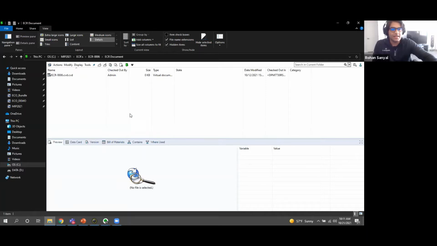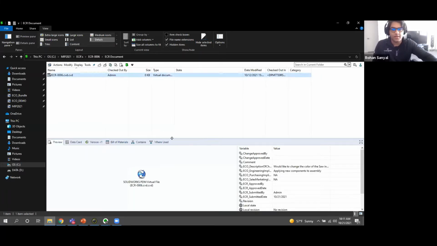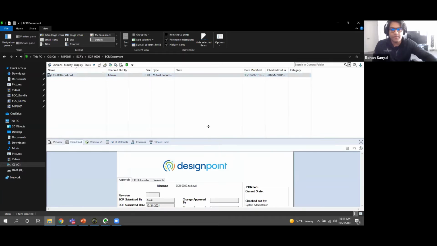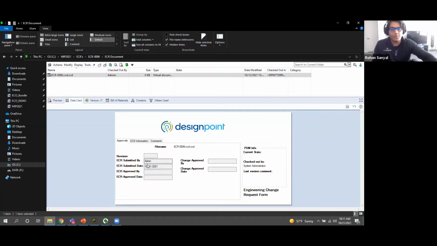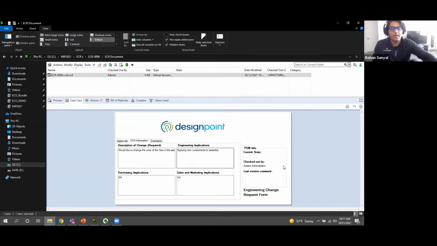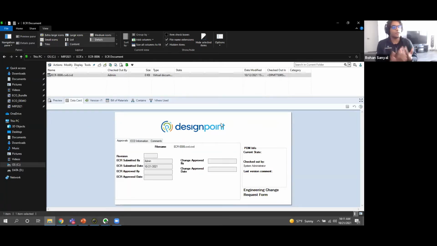What we should see is a virtual document that has been created as a result of me running that template. So if I click that virtual document and go to the data card, you'll see we have a data card about who the ECR was submitted by, the ECR submitted date, the ECO information, which is what I put in here, and basically some information about it. So that begs the question,